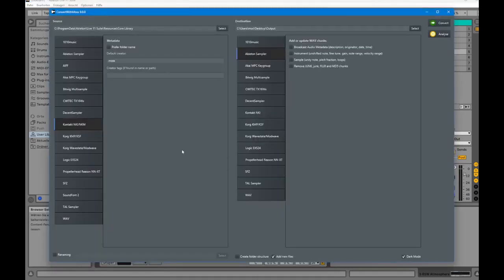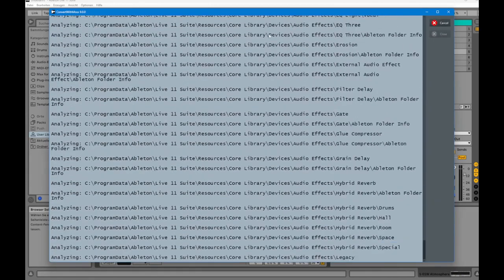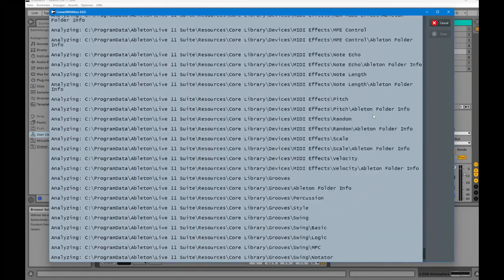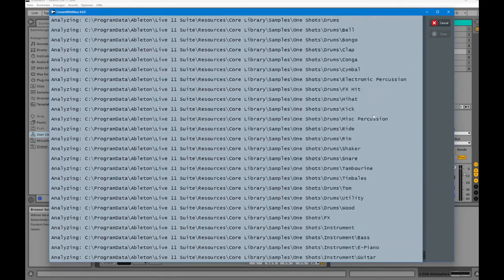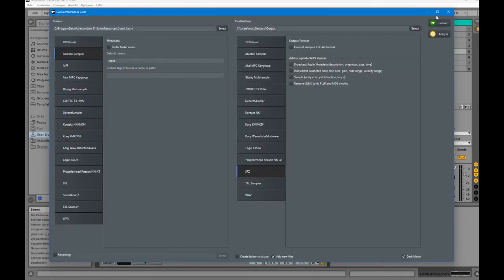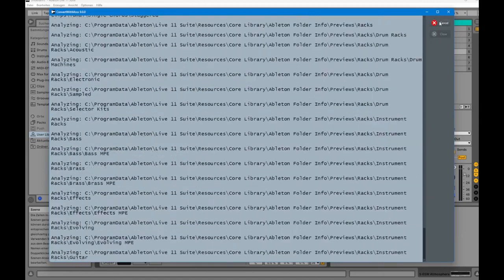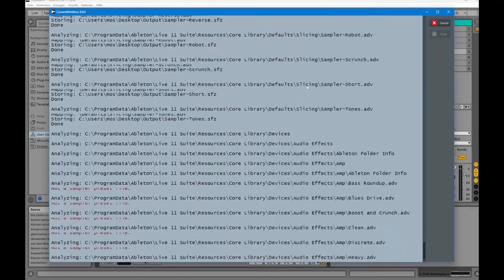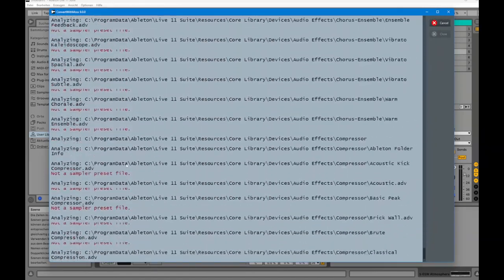So just to show you also the other direction, since I don't have any presets here stored in Ableton, we just give a try at the core library, and then you will also see that the encrypted files cannot be converted, and you see the error output. Let's just try to convert this to SFZ, and it will now run over the whole core library. So we'll also get errors if it finds ADV or ADG files or nothing at all. Ableton, here we go, wrong setting. So if we run this over the whole core library, you will see that we also get errors